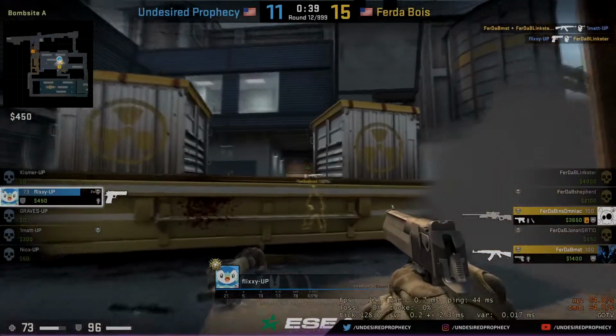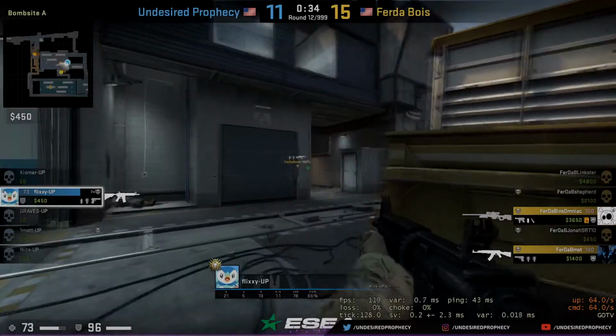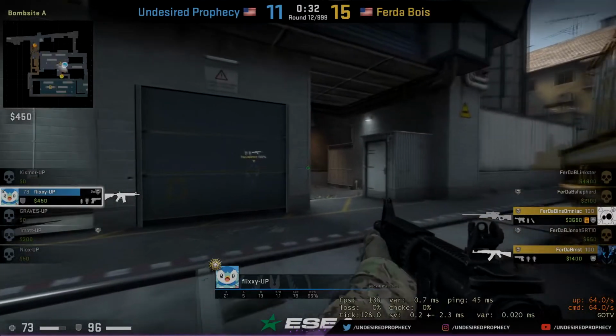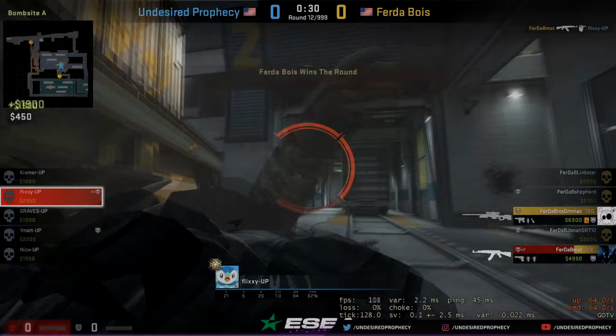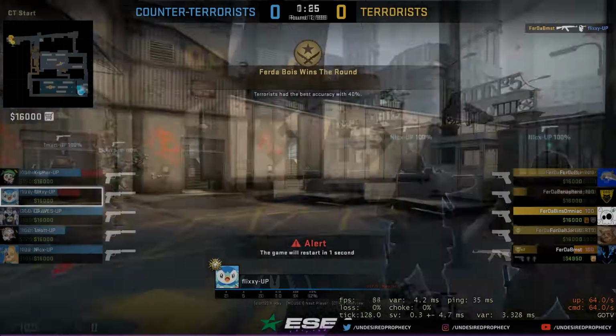A chance for Flixie. It's all he wants. He gets himself an M4 as well. They're going to creep towards B, or at least I assume. I think he saw MST's gun barrel. If he can pick up this frag, it's going to get scary, but MST with 28 HP survives. Picks up the game. And just like that...